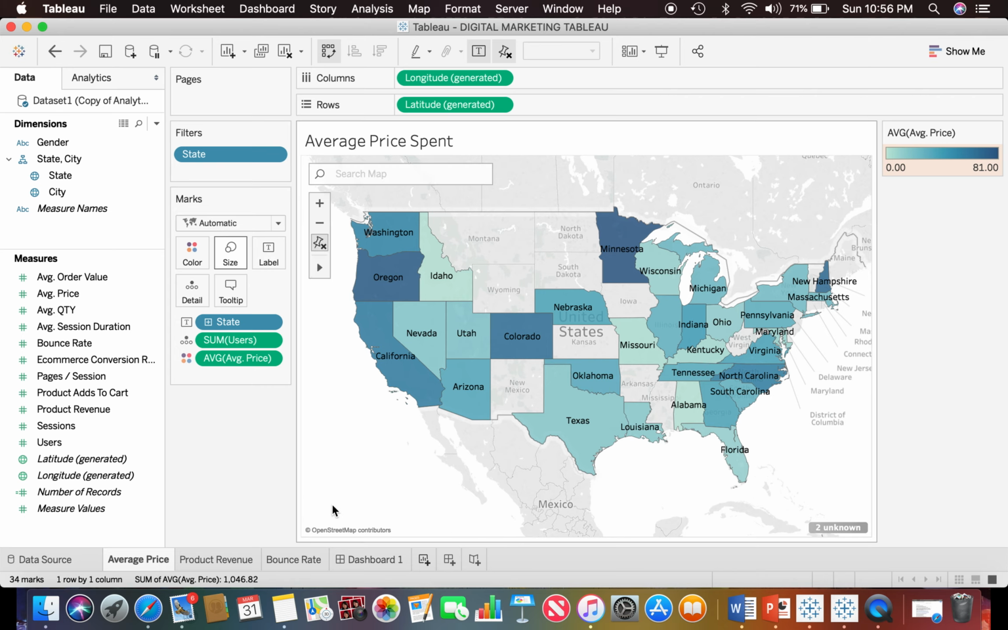In the first sheet that I did, it's very simple. As you can tell, it is a map of the whole United States with various shades of blue. The darker shades of blue are the states with the larger checkout prices, the average price being spent through the Google Merchandise Store. Surprisingly, the states with higher checkouts are Oregon with an average price of $76, Minnesota with an average price of $81, and New Hampshire with